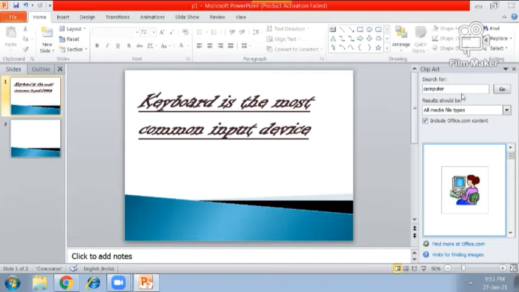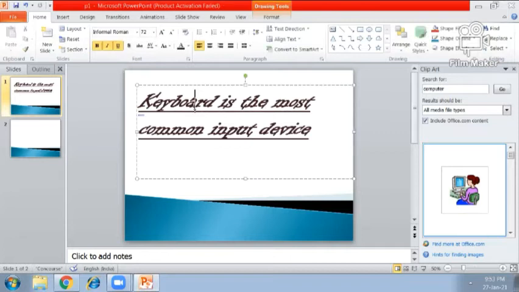Now this symbol is also used to increase the size of font and this symbol is used to decrease the size of font. With the help of these two symbols, you can increase and decrease the size of your selected text. Okay, and this list is also used to increase and decrease the size of your font.